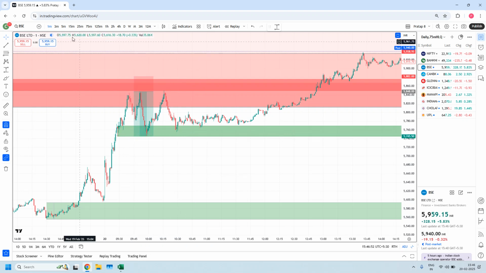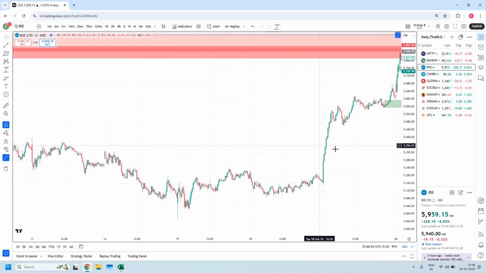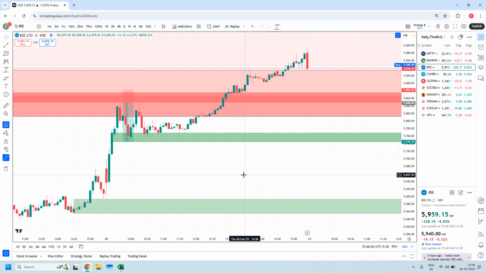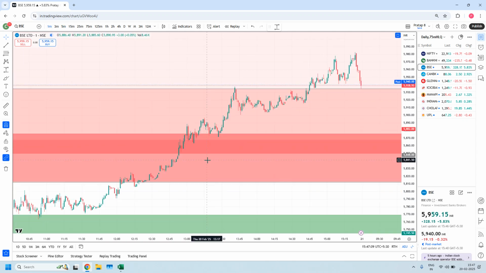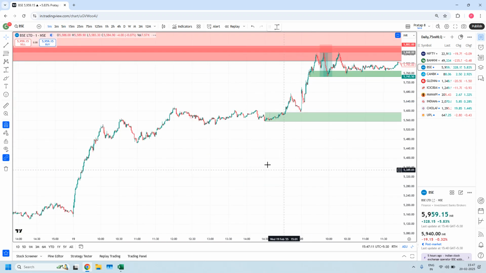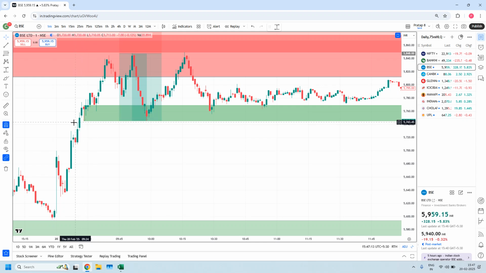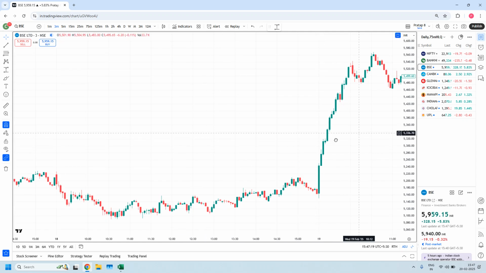The moment you realize high liquidity, first what you do, you look into 5 minutes time frame. In 5 minutes you actually have a zone, but that is violated. This rally base rally is violated in this candle. So that's why you go to 1 minute time frame, or maybe 3 minutes also you see. The moment you go to the 1 minute, then you will realize here you have a rally base rally. If you go to 3 minutes also,